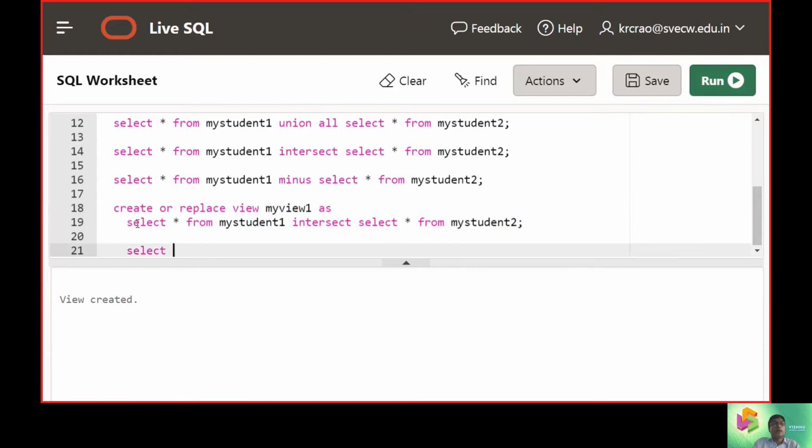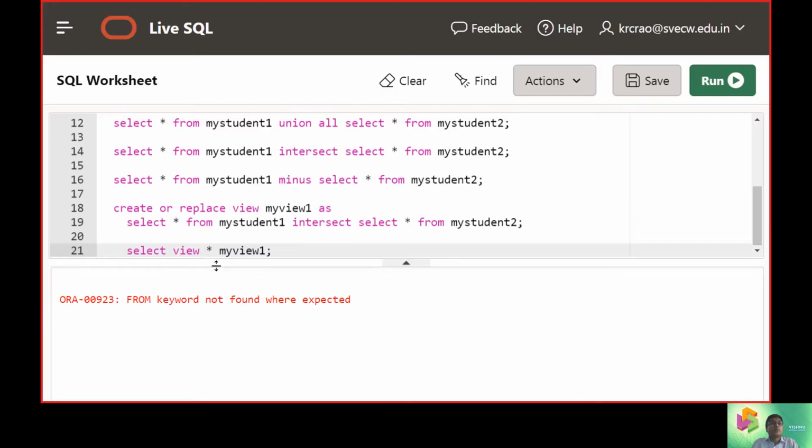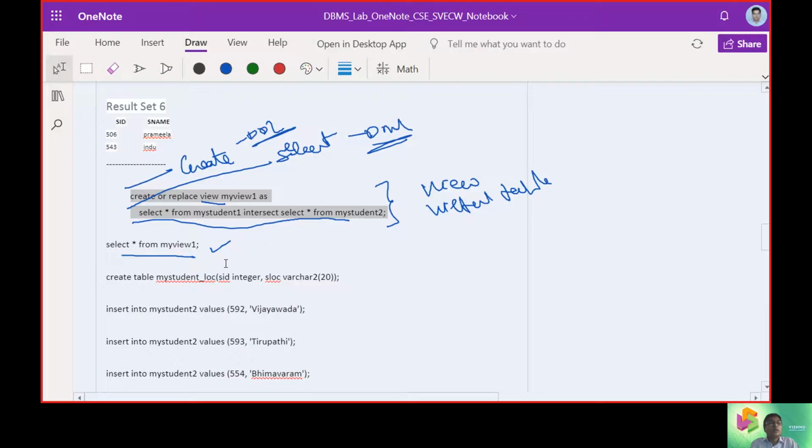Then as usual the select command, and see how my view 1 is going to look. The intersected values earlier are dumped into my view. So we need select star from my view 1.